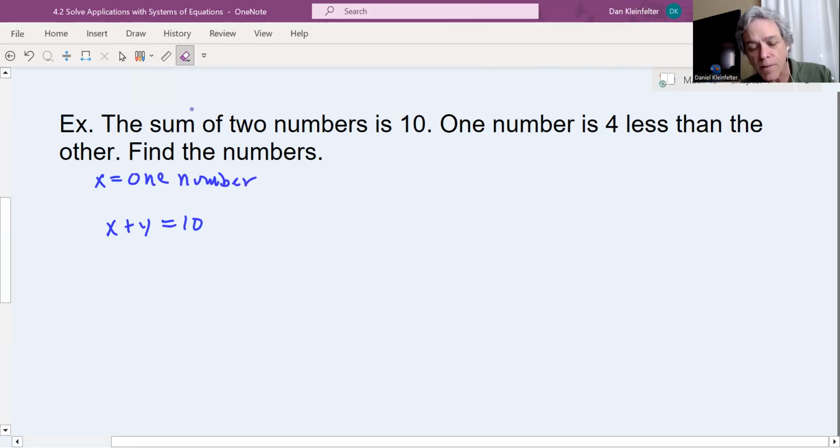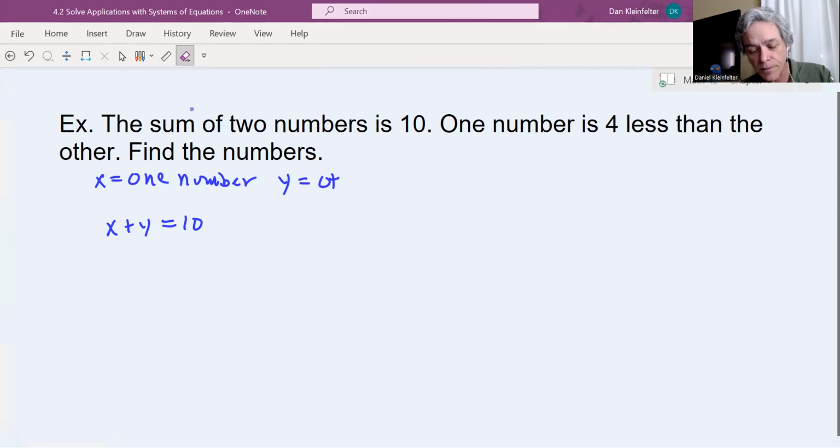And then Y will be the other number. Okay, just so I can be really specific about it. Okay, so one number, that's X, is 4 less than the other number. So there's our system of two equations and two unknowns. Make sure that you can read through the sentences in the problem and come to the same set of equations